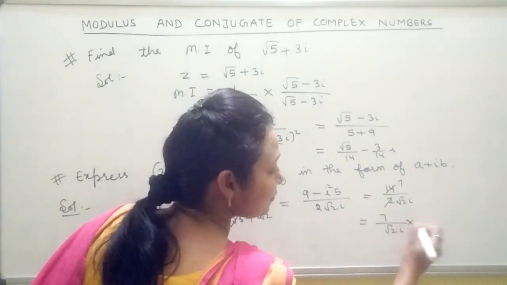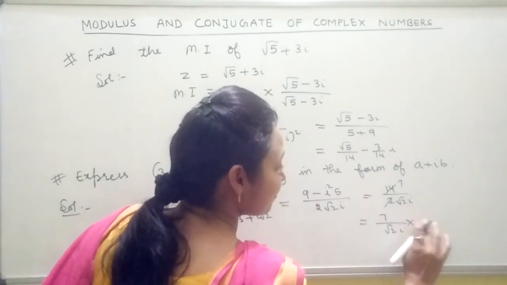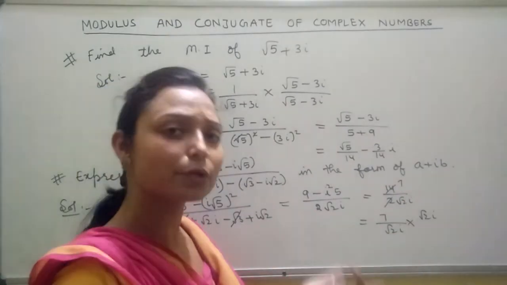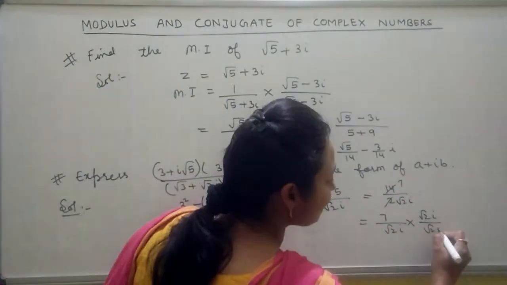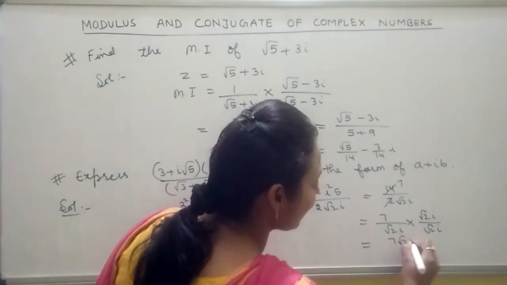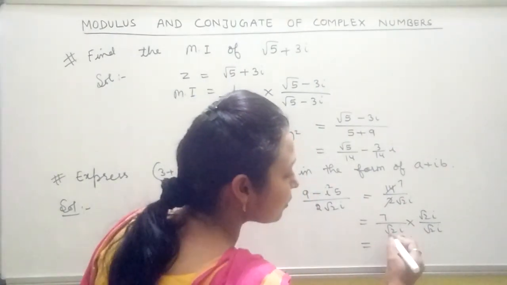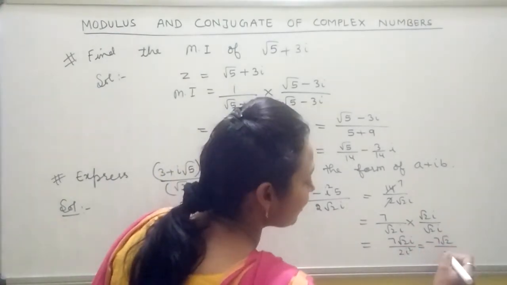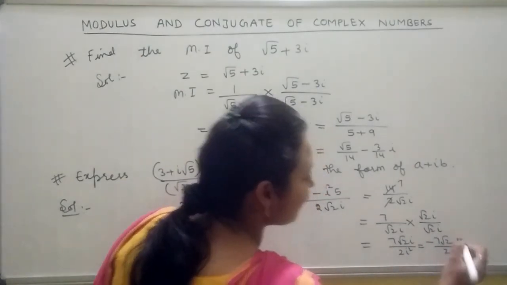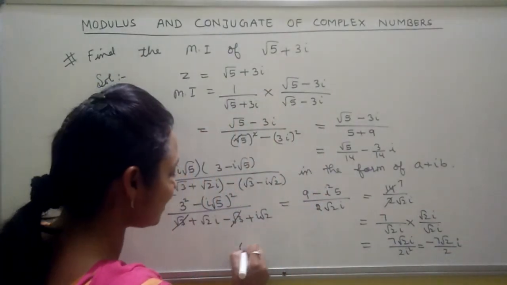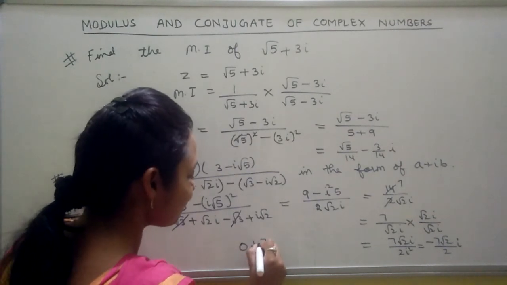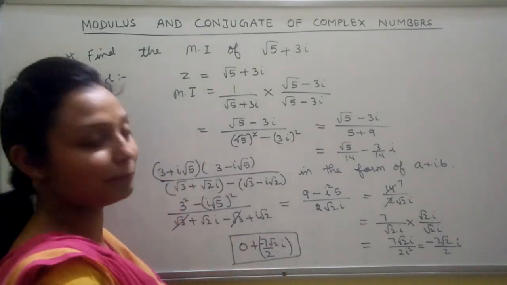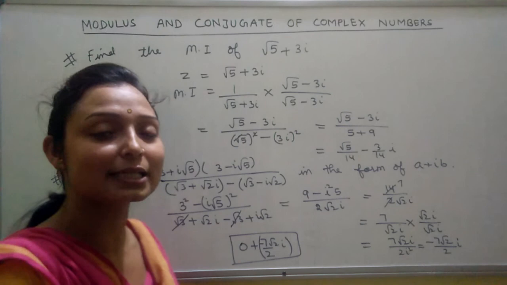We have to rationalize root 2 iota. You can rationalize using iota alone or using root 2 iota. Multiply by root 2 iota upon root 2 iota: we have 7 root 2 iota divided by 2 iota whole square, which is negative 2 root 2 upon 2 iota. So we can write it in the form of 0 minus 7 by 2 root 2 iota. So this is the form of a plus iota b. This is the way to solve the question. The first exercise is very easy.